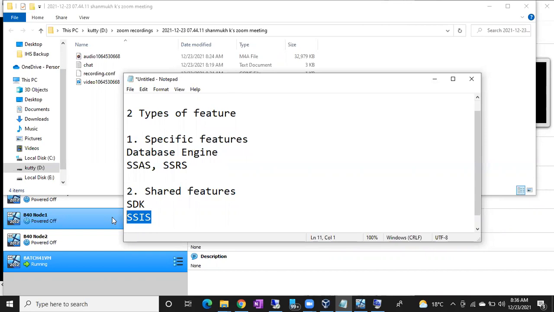Simply, I'll give you the same example in every batch. You are staying in a PG. Now tell me what things are specific and what things are shared in the PG. Light, fan, laptop are specific. Okay, very good. And shade or washing machine. Okay, light and fan are specific to the room.